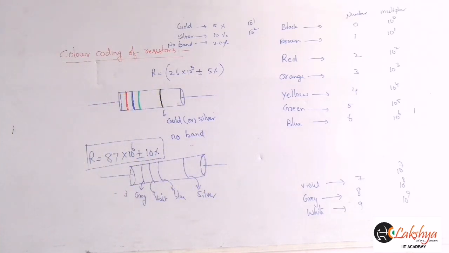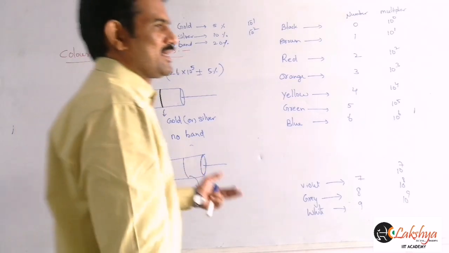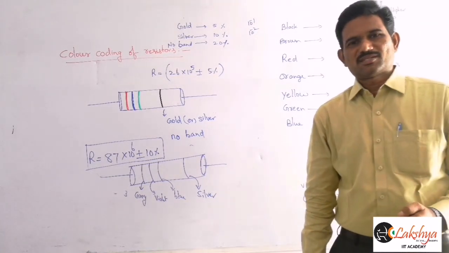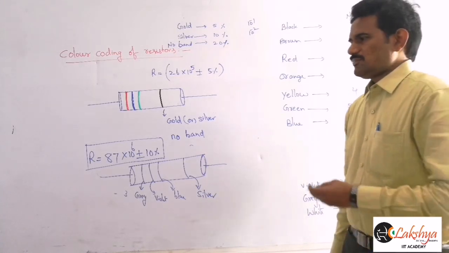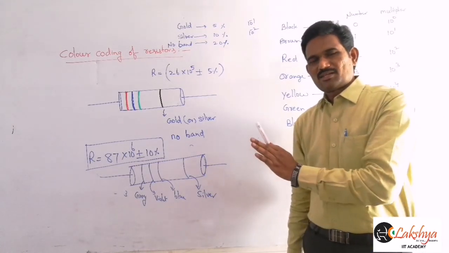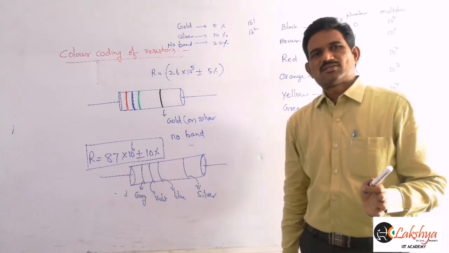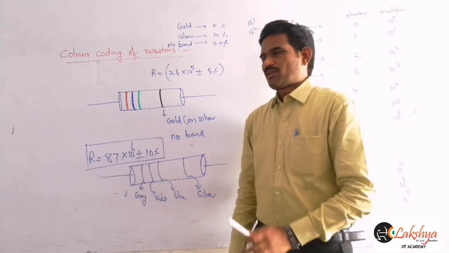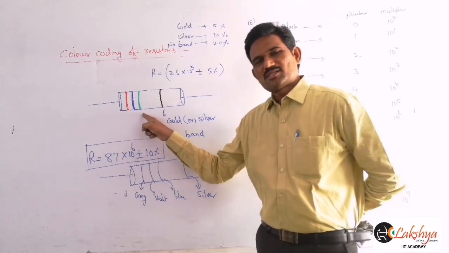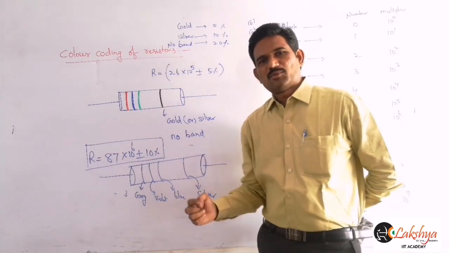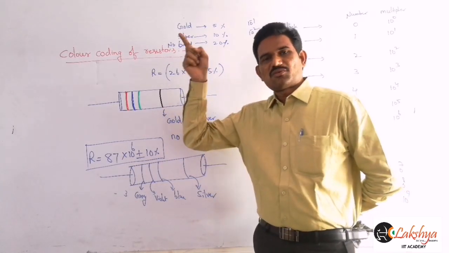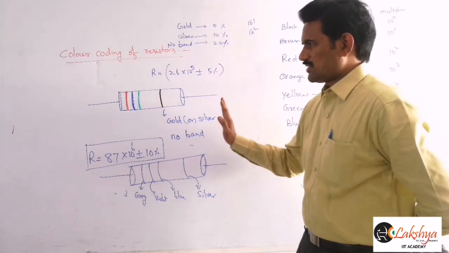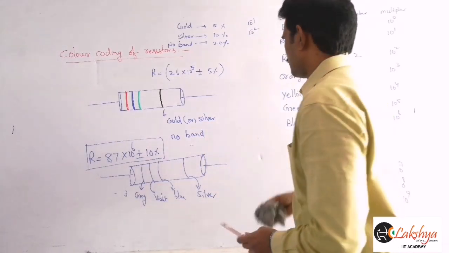And sometimes you may observe resistors with more bands, like 5 bands or 6 bands. Practically, when you are observing the resistors in the laboratory, sometimes you may get 6 bands. In that case, 3 bands will represent the 3 significant figures, the fourth one will represent the 10 power value, the fifth one will represent the tolerance, and the sixth one will represent the temperature coefficient of the resistance. That is not required for us. Only up to these 4 bands is sufficient for us, right?